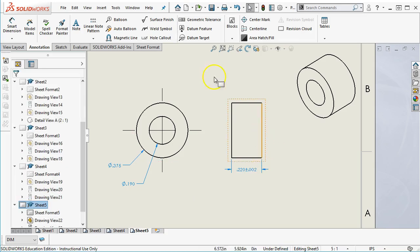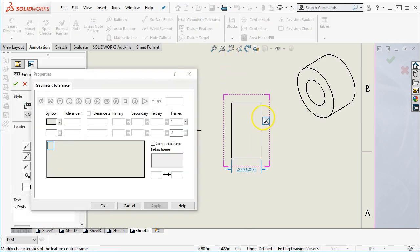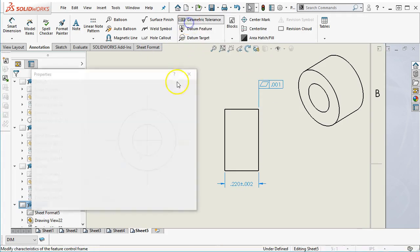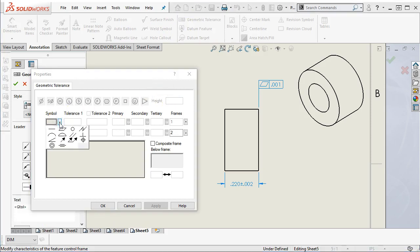And then for our flatness, we're going to be back into the geometric tolerance. Since I gave this 2, because of the stack up, let's go ahead and do flatness. I'm going to have to stay within that tolerance zone with the flatness and the parallelism. So those are going to line up to about 1/1000th. All right, and I can see that I'm developing a habit of putting the flatness on the right. I'm not sure that that's going to be a good practice. So I'm kind of analyzing my motives and my process as I go. Next one will be the parallelism. It will also be at 1/1000,